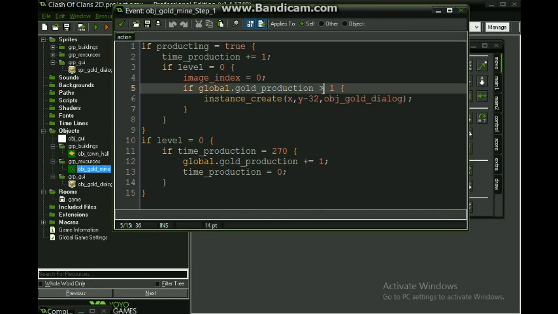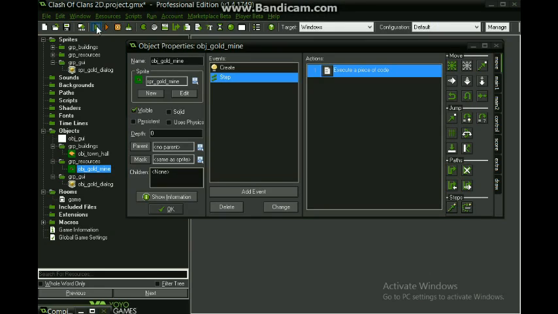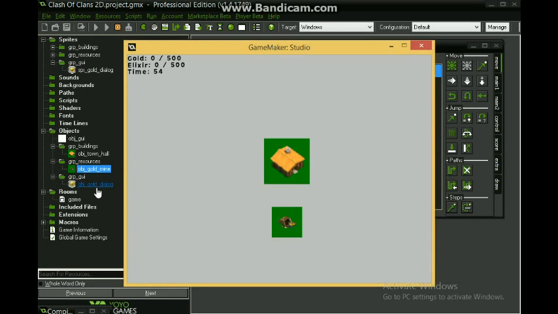Global.gold_production is greater than 1, or maybe let's say greater than or equal to 1. Let's test that first. If it's not, then there might be a problem. There it is.